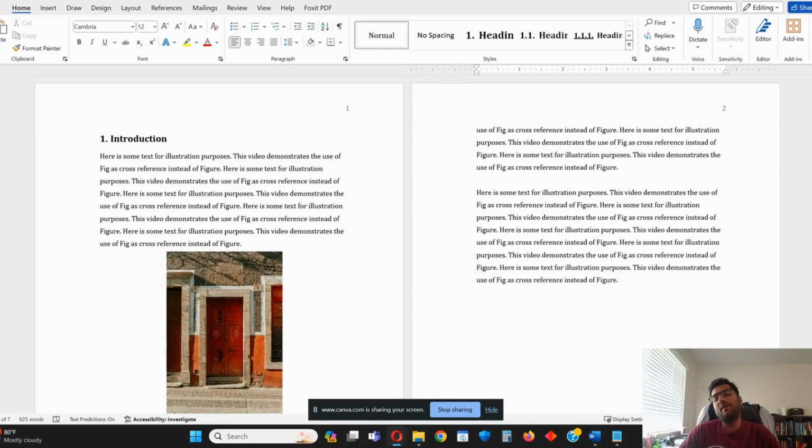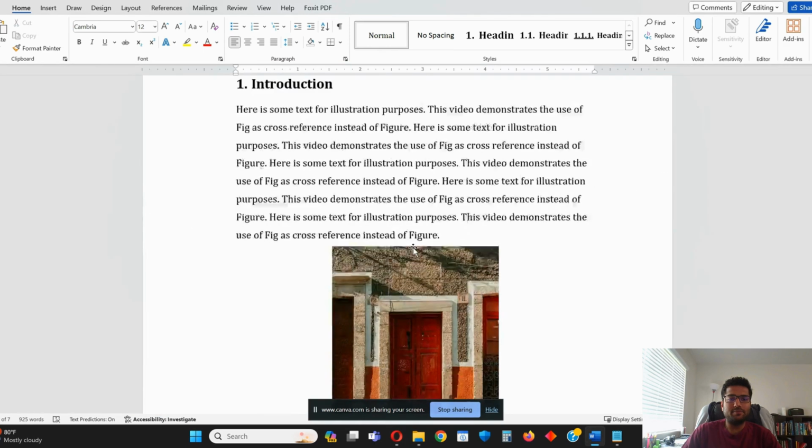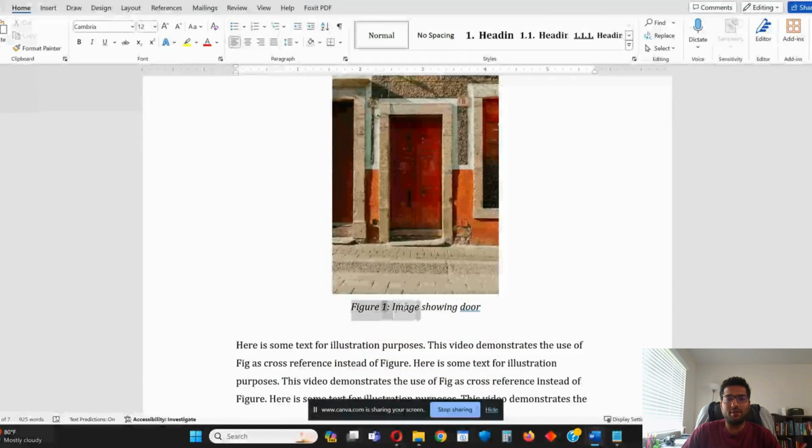Hey everyone, if you are one of those folks who was tasked with the humongous challenge of writing a dissertation or a master's thesis, or for that matter, even a journal paper, then you may have come across a scenario where you would have been asked to cross reference a figure as fig. What I mean by that is, if you go over here, you have a figure caption saying figure 1, and